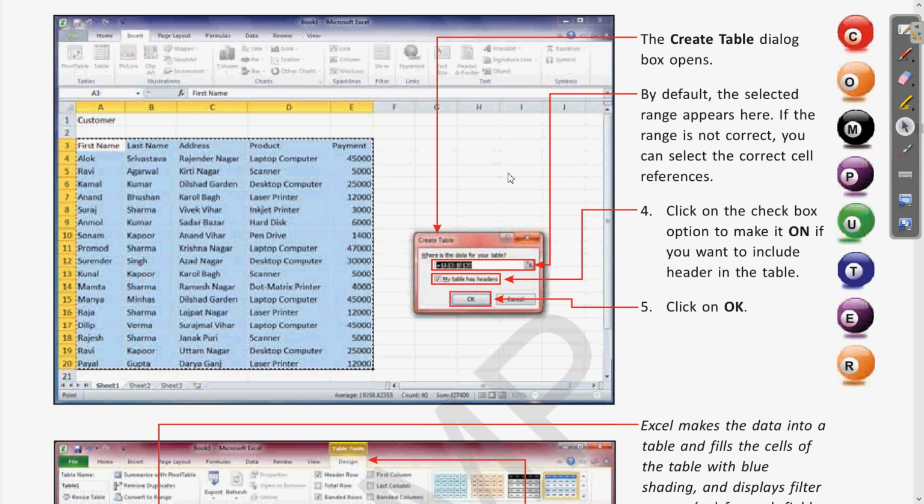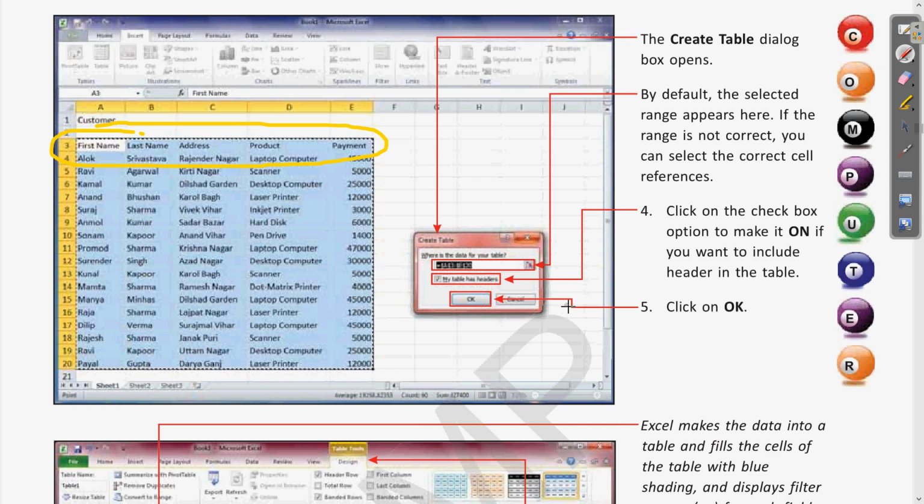The first row, meaning the column headers which you have just written, will be treated as labels. These labels are going to help you. When you click on this table, they will be the column headers. We will see how this is going to be beneficial for organizing this data.